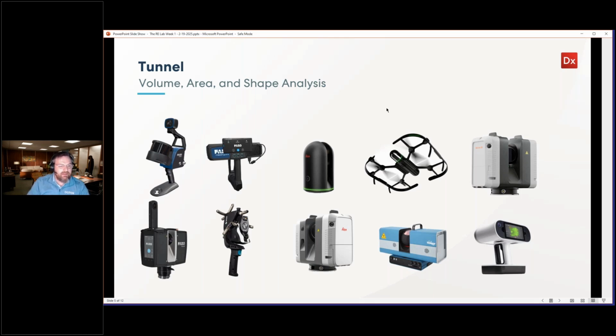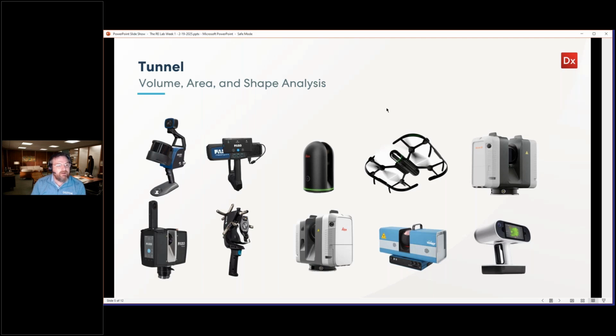Between the Faro and the Hexagon, Leica, and Surphaser and Artec here, we have all kinds of different devices, and you see these are primarily, if you're familiar with any of them, primarily focused on long-range applications. So they capture information, what I like to say, in the size of your room or your entire building to an entire job site. So that's the category these scanners are focused on. And some of them are different volumes, right? And they have lots of different types of data collection